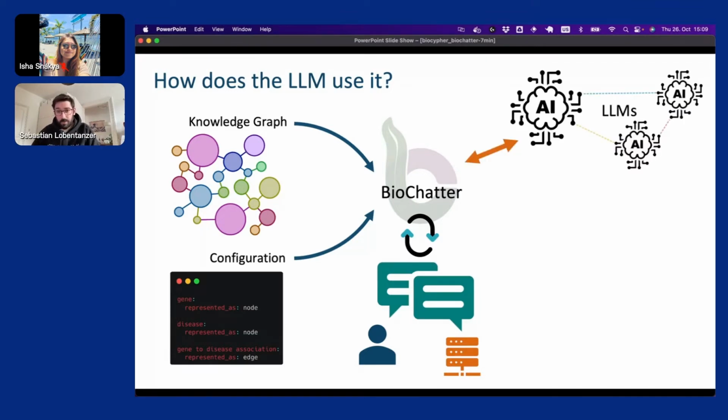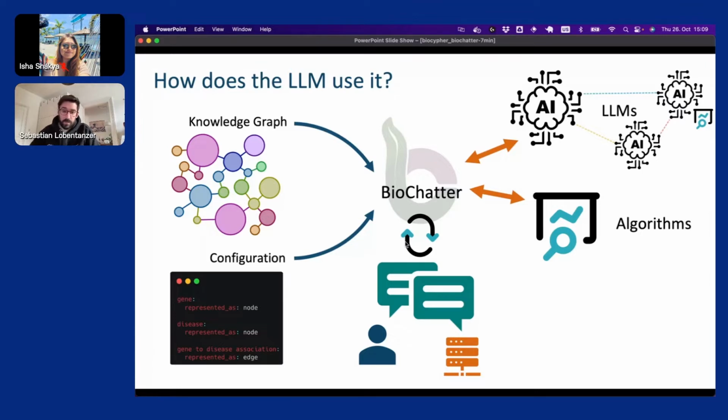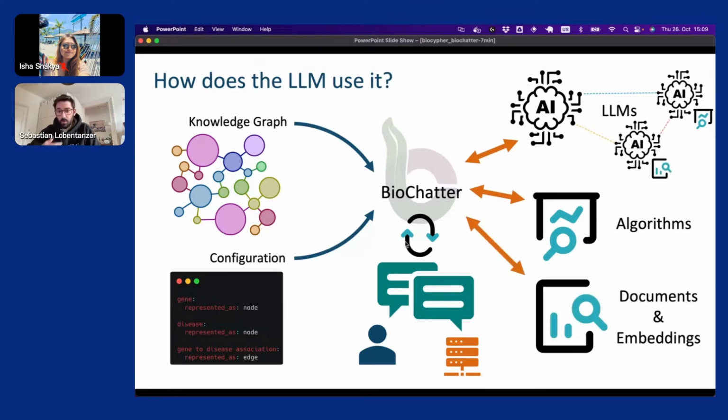But we can also think about other applications, like an orchestration setup where we have a primary AI that leads the conversation, but then also determines that it may need to do a task, which is, for example, parameterizing an algorithm, doing a linear regression or something more complicated, or calling a vector database for some semantically similar text embeddings that we can also use to do in-context learning later. And all of this we try to collect in this BioChatter framework, which should be like an aggregation of these functionalities that we would like to use.